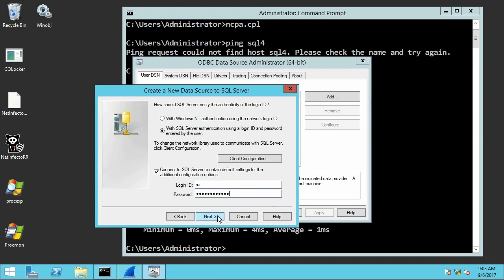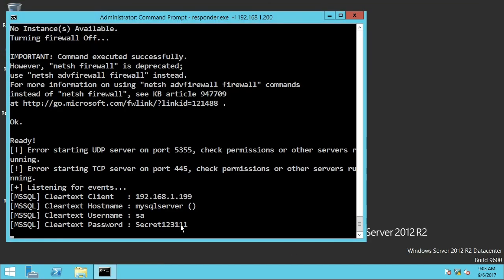So if I click next right now, I have a connection again. I will return to my responder, and now you can see the password was really captured because the SQL Server client tried to connect to my SQL Server with SA and this password. This is another reason why I used the SA password, which is definitely not the best practice, but it is so common, I can emulate it this way just to pay attention. This is something you should really avoid in your production environment. Okay, so it was the first attack, very similar to the MITM one,